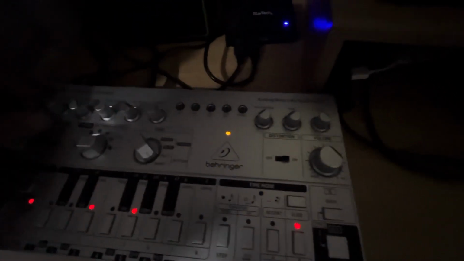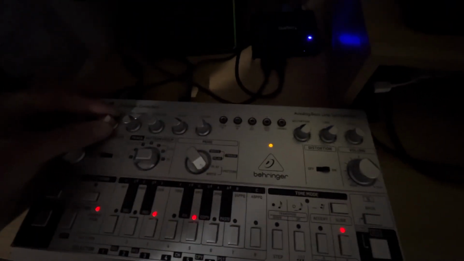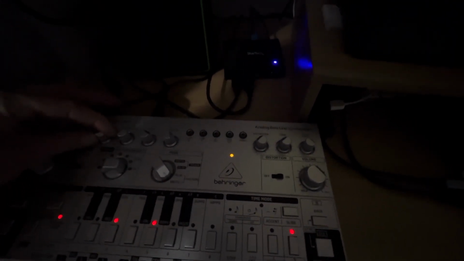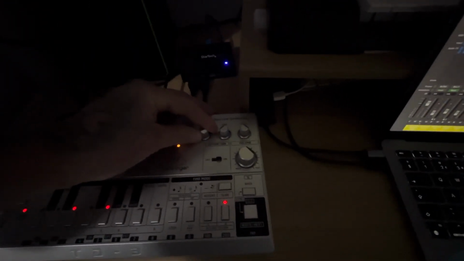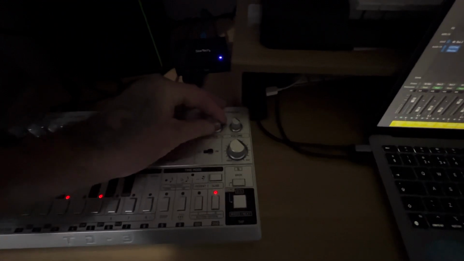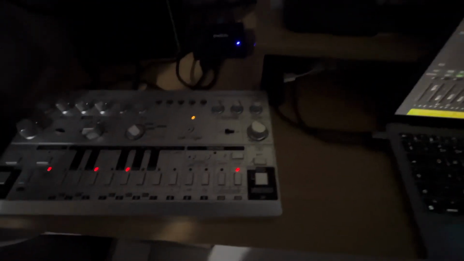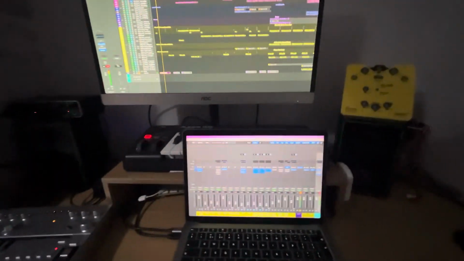So what I can actually do with that is change all sorts of options. I've got the cut-off. I'll turn that up so you can hear it a wee bit better. So cut-off. We've got resonance controls. Right, wee phasery. You can open the envelope on it as well. Change the decay. You've got accent, and then you've got distortion controls. You've got tone, volume, levels. You can turn the distortion off. You can actually set patterns and write your own stuff with that as well, but obviously, as I said, that's me just going through